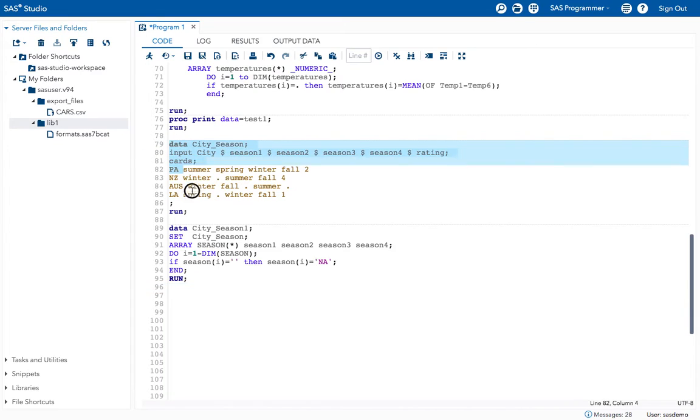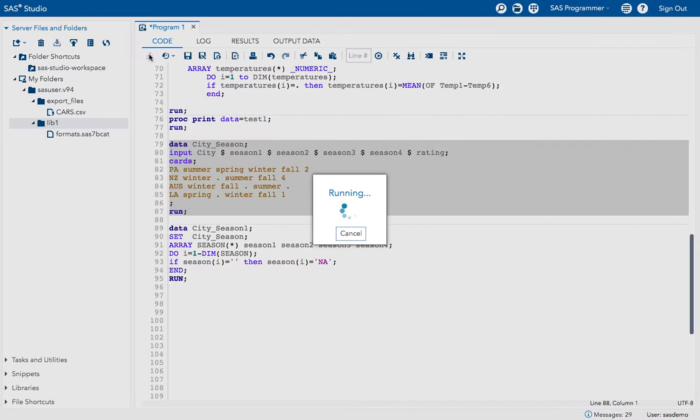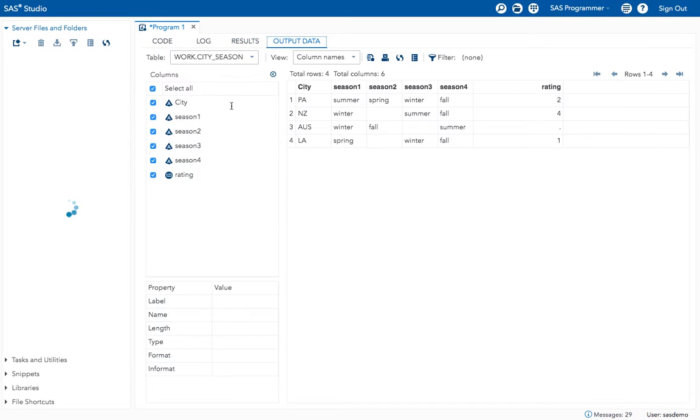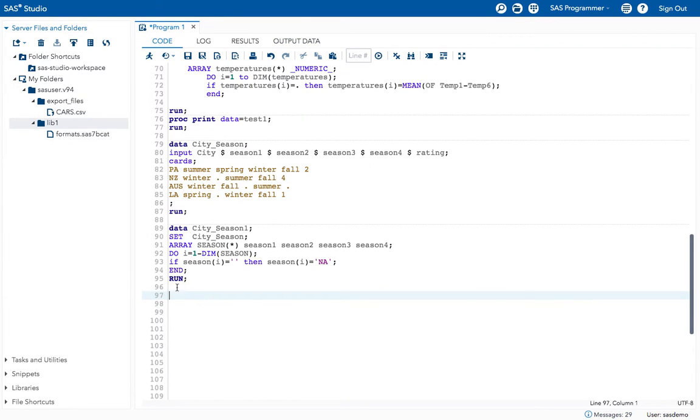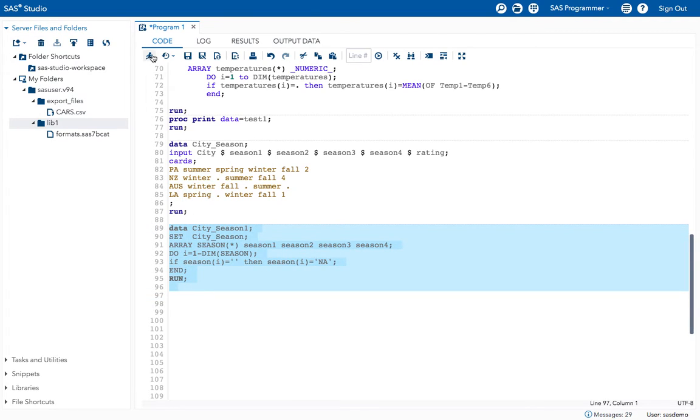First create a data set with this program. I have the missing values in all of these. Now I want to replace these missing values with NA. I am executing this array programming.